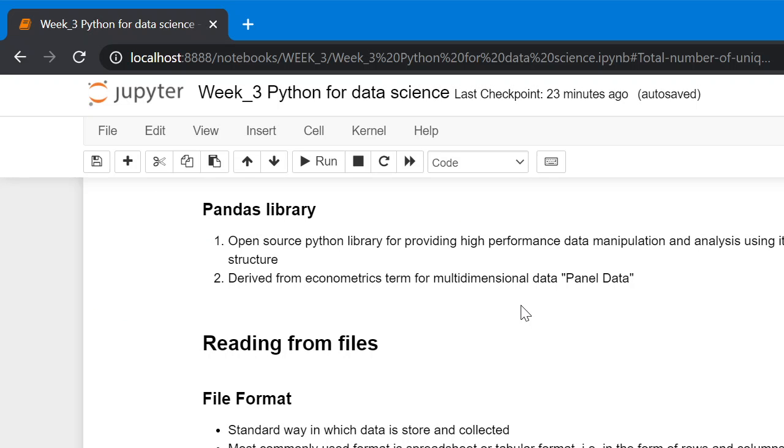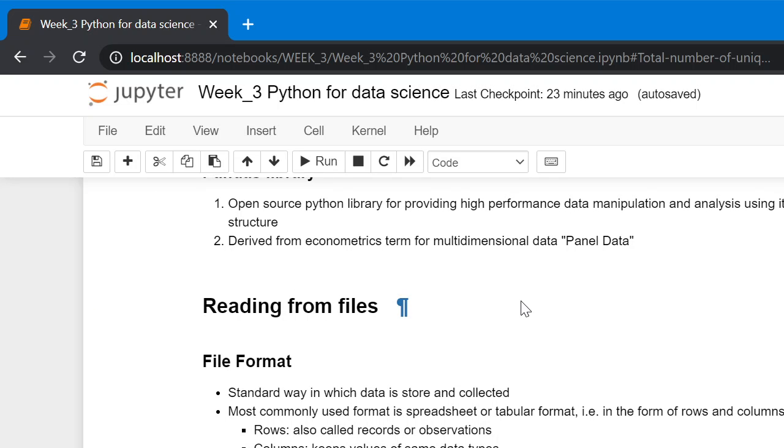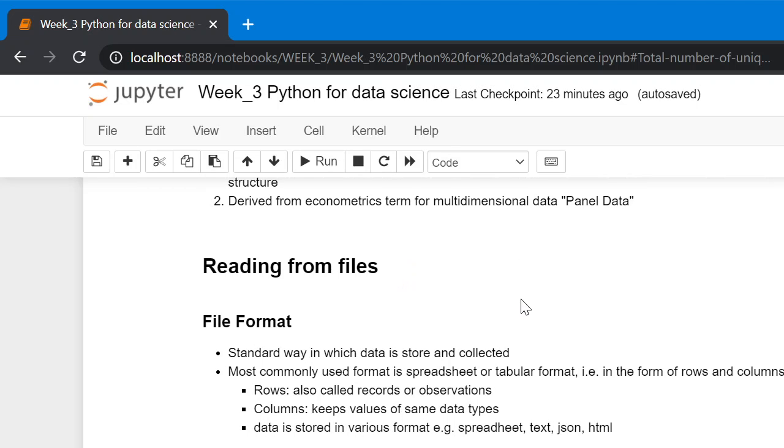Reading from files. What is a file format? It is a standard way in which data is stored and collected. The most commonly used format is a tabular data format where rows represent a record and columns represent a variable.